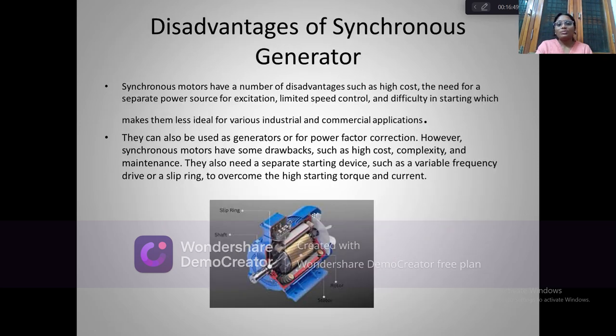When it comes to the disadvantages, synchronous machines have a number of disadvantages. When it comes to cost, they are highly expensive, and they need a separate power source for excitation, have limited speed control, and are difficult to start, which makes them less ideal for various industrial and commercial applications. They can also be used as generators or for power factor correction. However, synchronous motors have some drawbacks, such as we discussed, their high cost and complexity